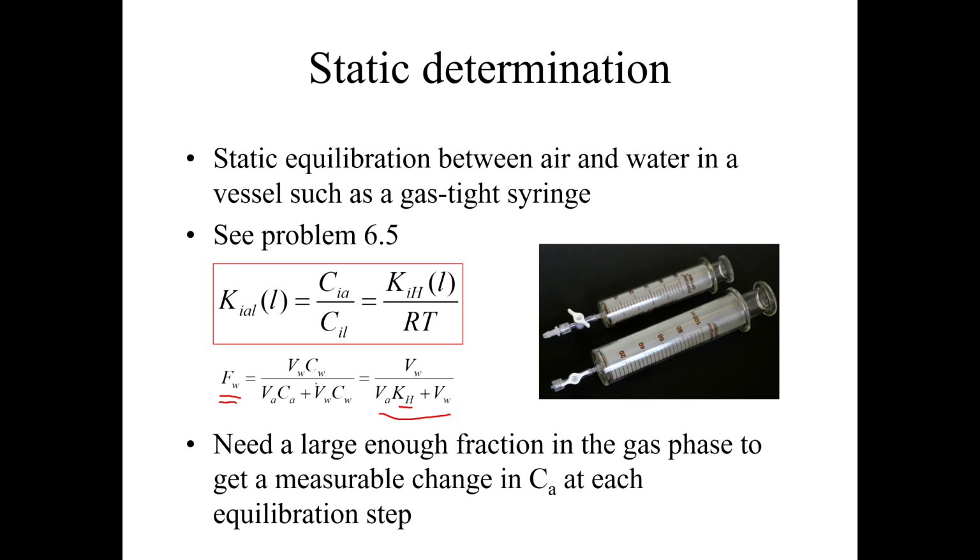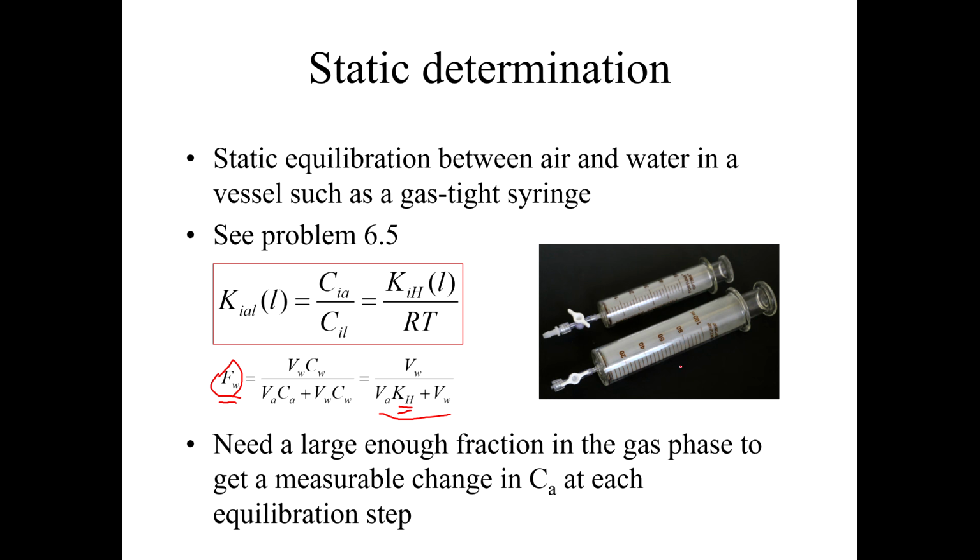Again, we've seen the fraction that gets in the water, and by definition also the fraction that gets in the air, is a function of the volumes of air and water and the Henry's law constant. Well, you can't change the Henry's law constant. That's what you're trying to measure, but it is what it is. So all you can do is adjust the amount of air and the amount of water. If you're having a hard time getting enough of your chemical into the air to see it disappear, you want to increase the amount of air. But there's a practical limit, maybe 10 milliliters of water and 90 milliliters of air,